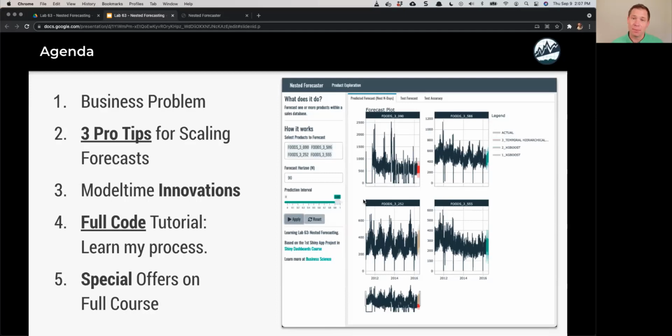The third thing is I'm going to show you Modeltime innovation. So what have I been working on the past 3 weeks? Integrating into my Modeltime software. This is something that's really cool, nested forecasting, and we're going to learn all about what that means here in a few minutes. Then what we're going to do is go through a full code tutorial, and I mean full